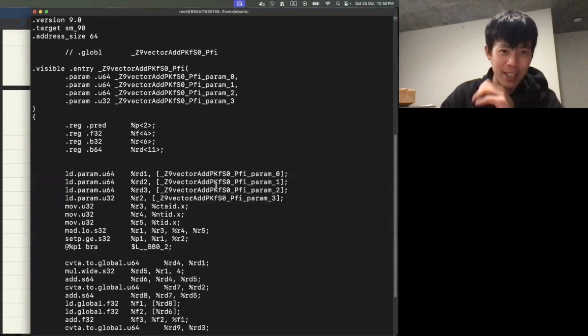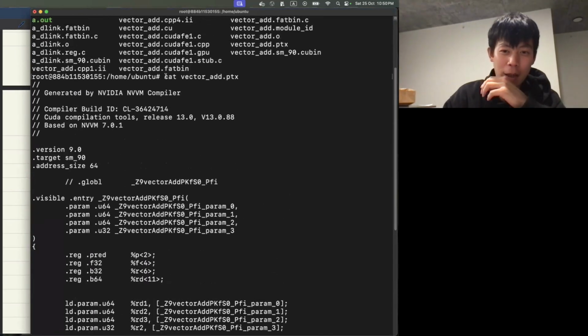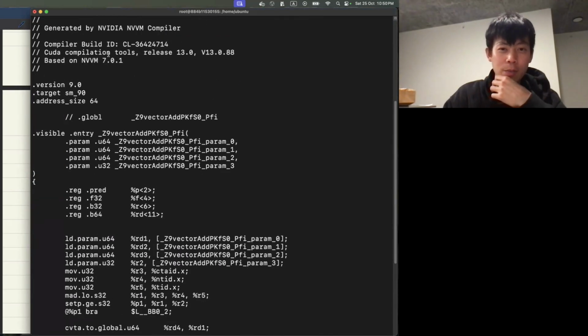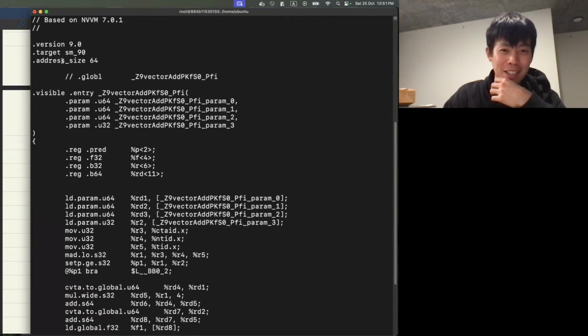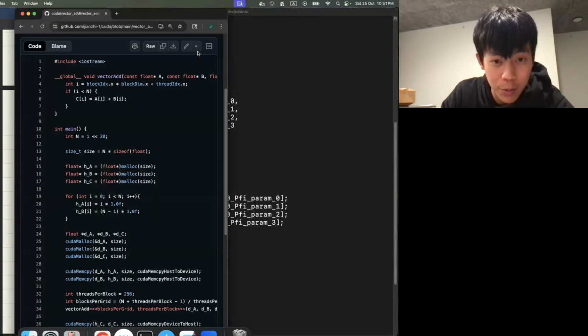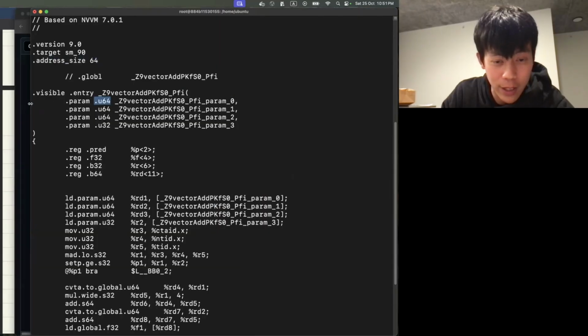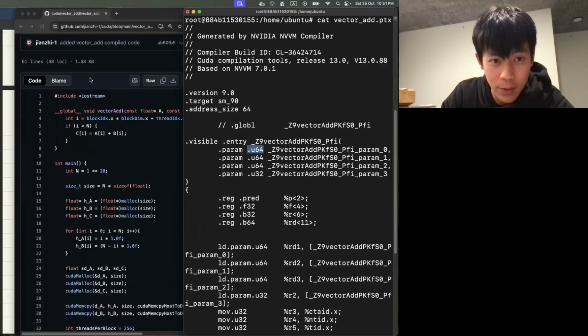So this PTX file is interesting. If we are looking at it right now, yes, it is generated by nvcc. So you can take a look at this, right? The target is SM90 because we have said that it is SM90, but nowhere does it actually use the fact that it's SM90, I think. Let me just pull out the program so that we can look at it side by side. Right? Remember,